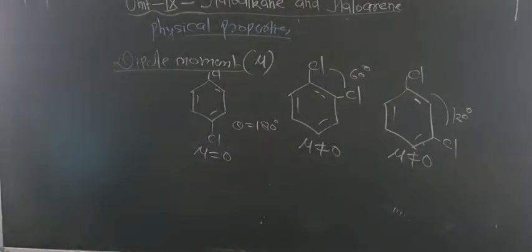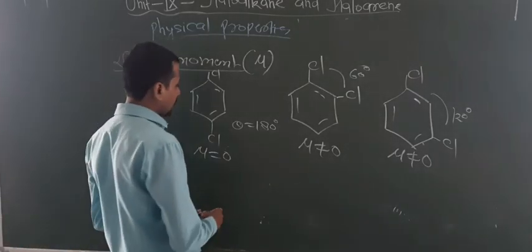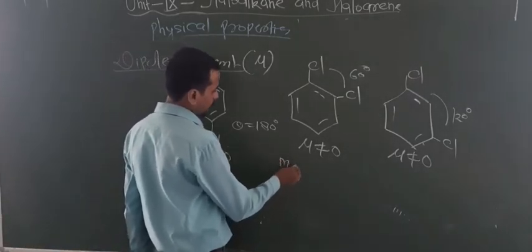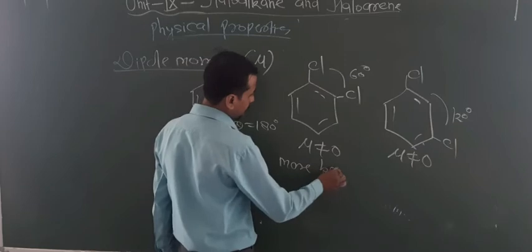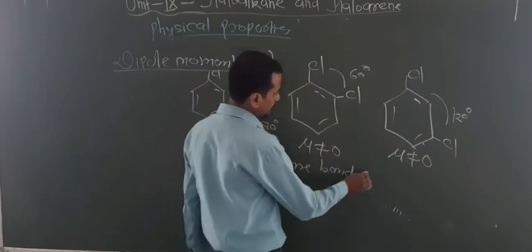So that's why the dipole moment of para isomer is 0, that is, the para isomer is basically non-polar, but ortho has more dipole moment than meta. So you can also know that the more the bond angle,